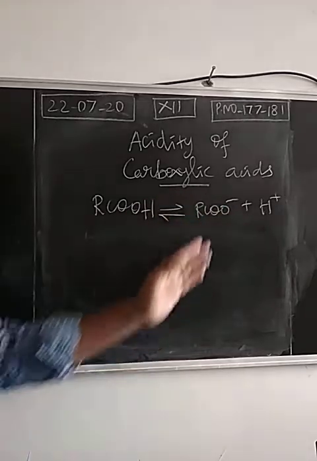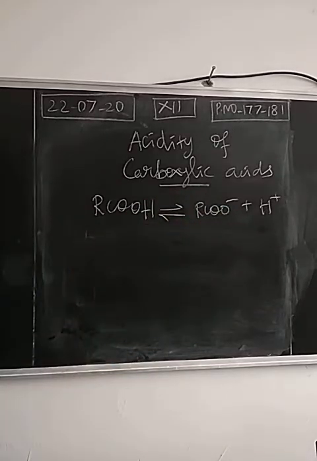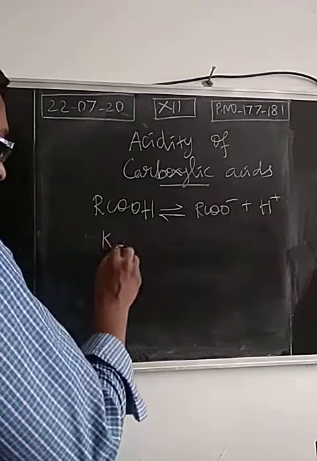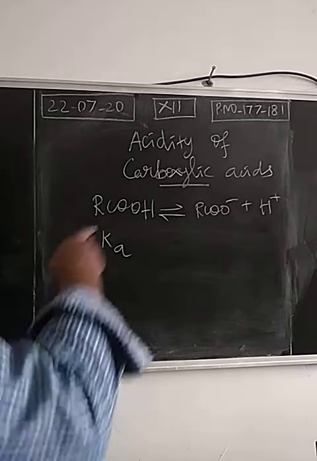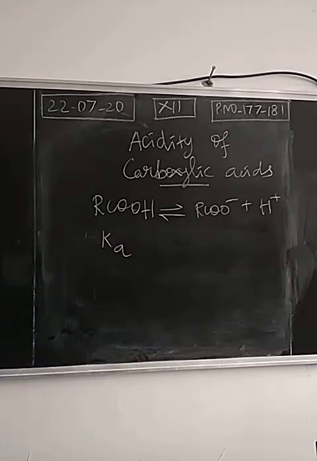Acid will give you ions, and ions are giving acid. The rates of reaction will be equal at one condition. We call that condition the equilibrium condition. So only at equilibrium condition can we derive the equilibrium constant. In 11th we have studied what equilibrium constants are. What is the definition of the equilibrium constant? It is the ratio of the product of concentrations of products to the product of concentrations of reactants.